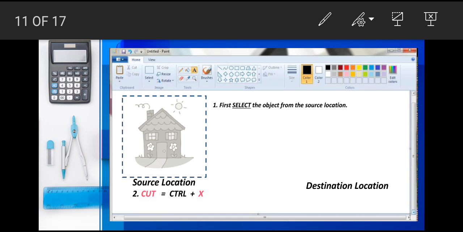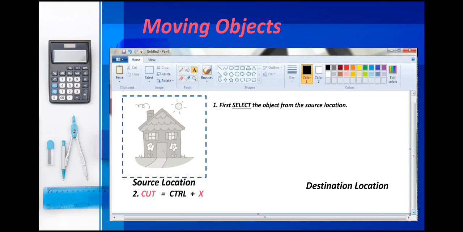So your picture will be cut, and then move to the other location, which is called the destination location. Here on this side we want to paste our picture. So we will press on the keyboard CTRL plus V, the CTRL key along with the letter V. We press both keys, and this key combination is for the pasting option.